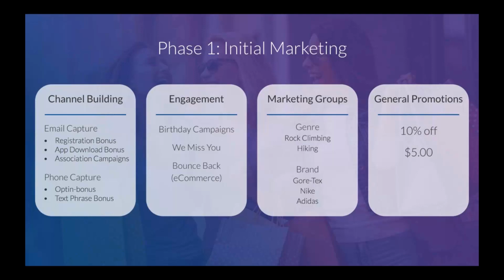And finally, in phase 1, we will want to begin planning different types of promotions to send to shoppers. So it will be important to send different types of promotion offers throughout the first 12 months in order to teach the AI what type of promotion each shopper is going to react to best.